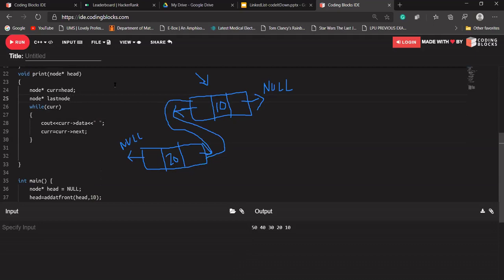Suppose this is our linked list, head will be pointing to 20, and if we try to print 20, we'll print 20 and move to its next part, we'll print 10, we'll move to its next part, and we'll get a null value here. So if somehow I got the address of this node, we can print our doubly linked list in its reverse format as well.